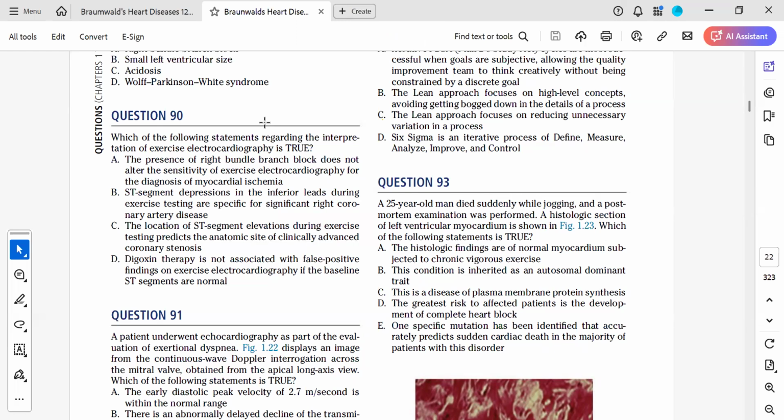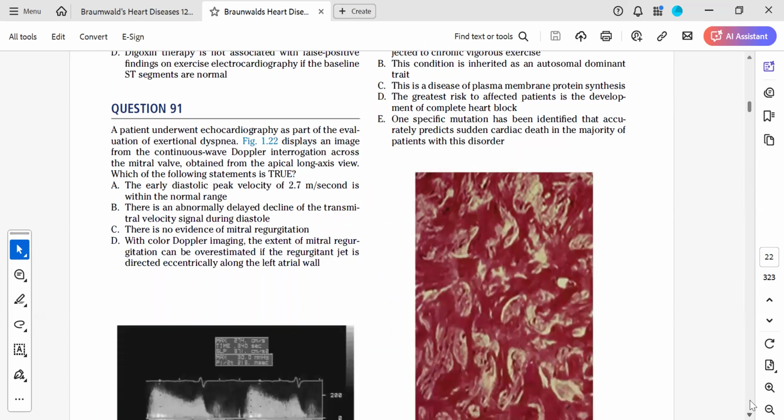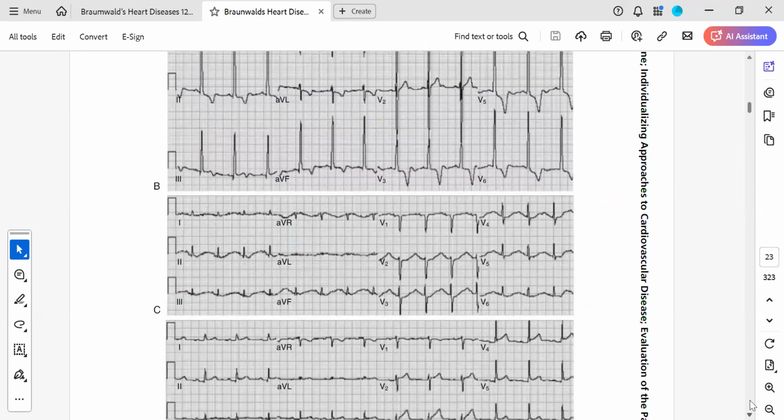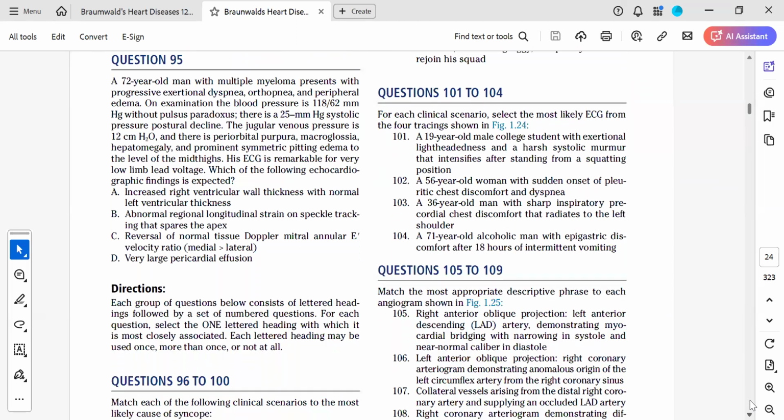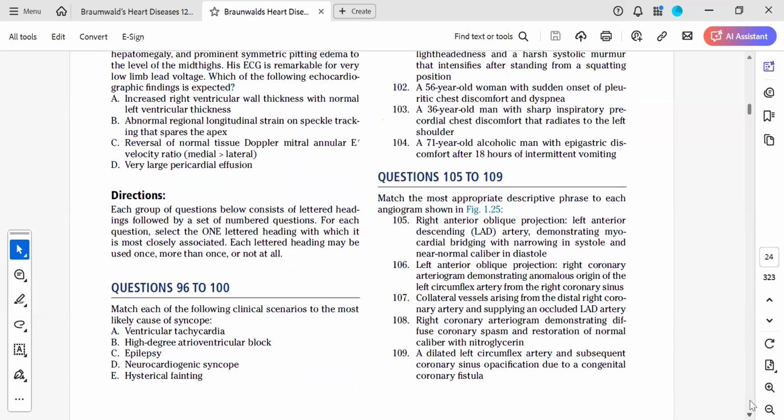All right, so thank you, Eugene. Good evening, everyone. So I'm taking questions 96 to 100. Question 96 to 100 says match each of the following clinical scenarios to the most likely cause of syncope. So this question is essentially testing our skills on the causes of syncope. So we have these categories, particular